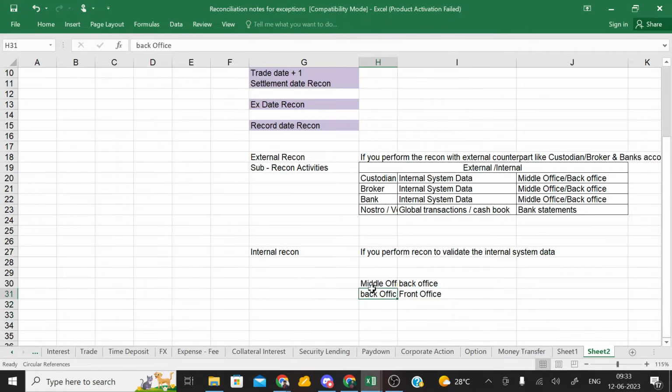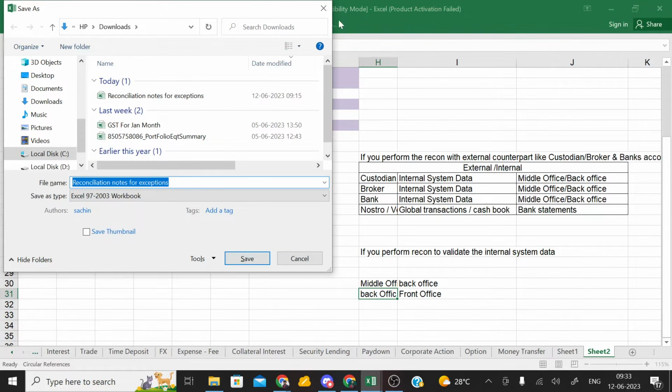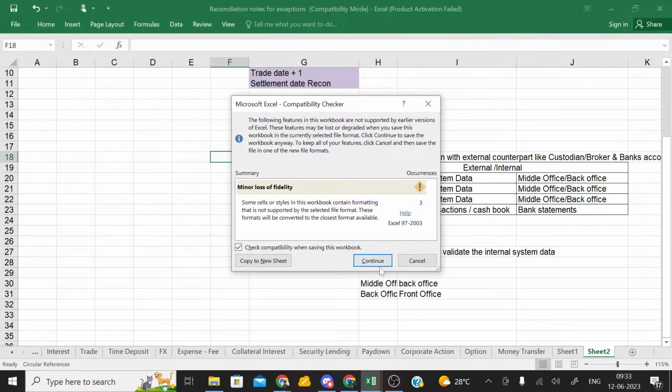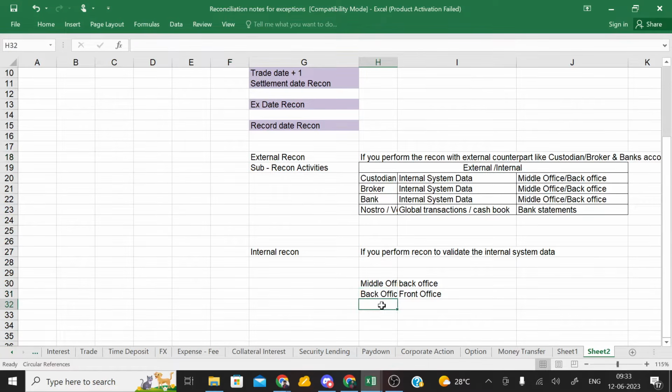Then journal entries versus group ledger versus